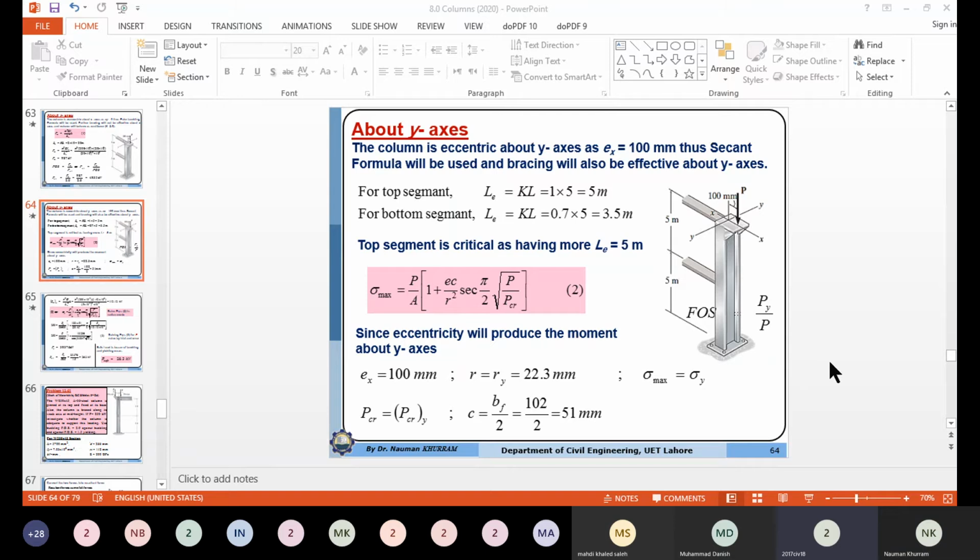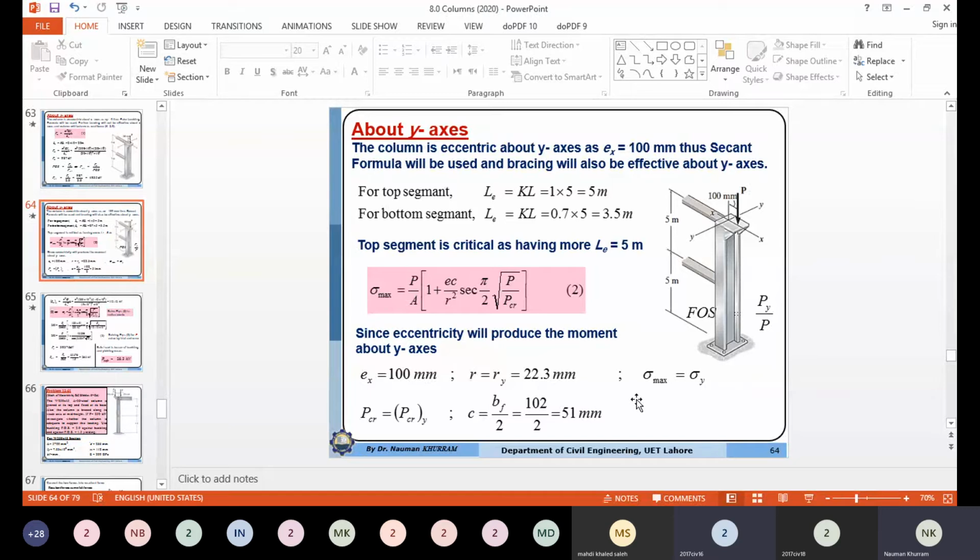Okay, 16, you again have a question? Yes, sir. Yes, what's the question? Sir, first question: why do we take bracing as a hinge? Why do we every time take bracing as a hinge or pin connection? Why are we taking the bracing point as a hinge? Yes, sir. Because rotation is free.